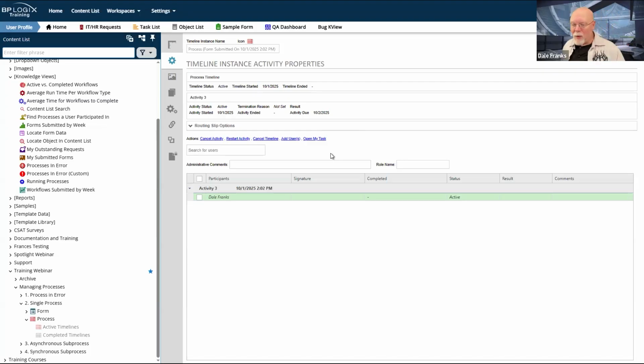Unfortunately, if this activity is in error, we don't currently show the error message at the top of the page. So if you're in a situation where you've got this huge tooltip box because you've got 30 people assigned to an activity, you can't read the error message at the top of the tooltip because it's off the top of the screen.